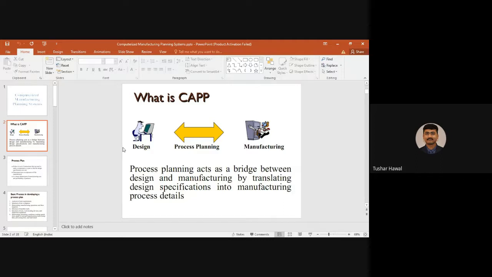Many things are involved, because of which a design made by a design engineer is sometimes not possible to implement directly in the manufacturing process. So CAPP, computer aided process planning, considers all these restrictions and makes process plans suitable such that the product design can be converted into a proper manufacturing process.